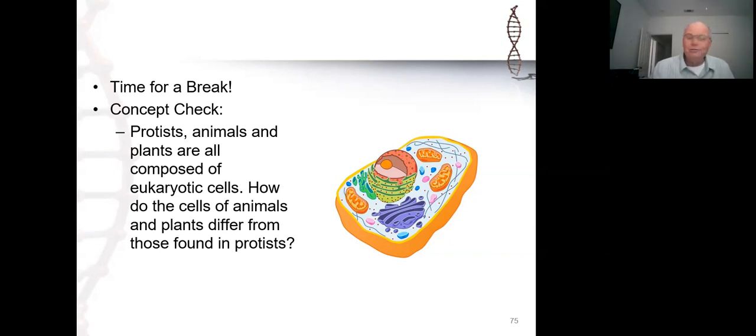And so their cells do not need to connect to each other, nor do they need to talk to each other. So they are going to lack the connections that may tie the cells together, and they're going to lack the communicating junctions that might connect them together. Now, that doesn't mean that protist cells don't have the ability to talk to each other, but the way they talk to each other is to release chemicals into the environment and just hope that by random chance, a protist cell of the same species is going to detect the presence of those chemicals. And there are some types of